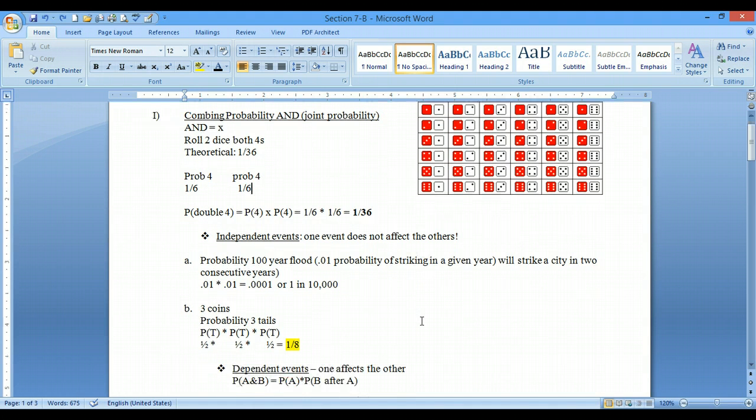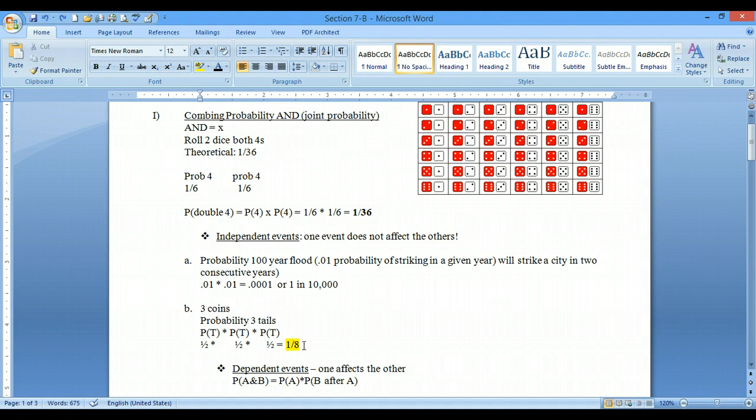All right, let's move to the next example, where I'm tossing 3 coins and trying to find the probability that I will get tails, tails, and tails, or 3 tails. So the probability of getting tails in the first toss, times the probability of getting tails in the second toss, times the probability of getting tails in the third toss. So the first toss, I have 1 out of 2 chances of getting tails, and the second, 1 out of 2, and the last one, 1 out of 2, or 1 out of 8,